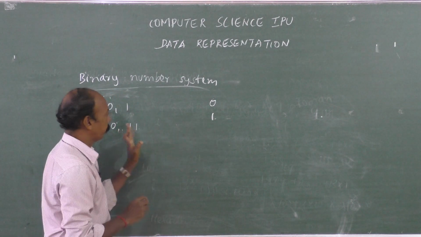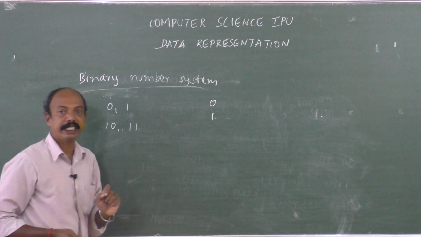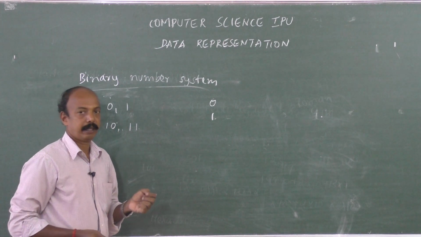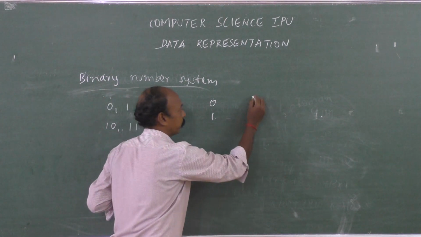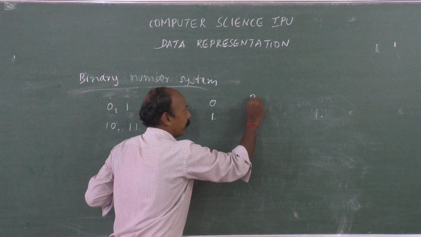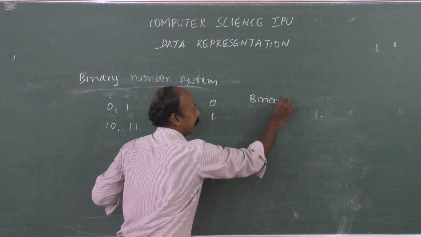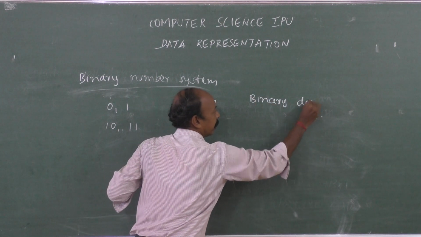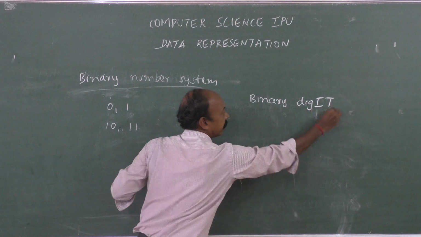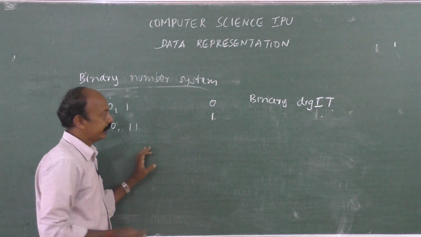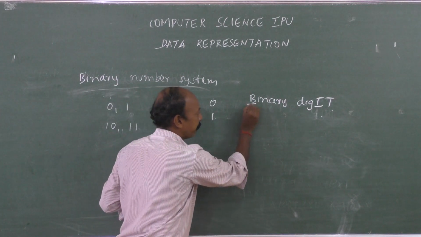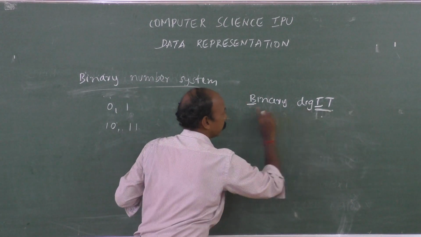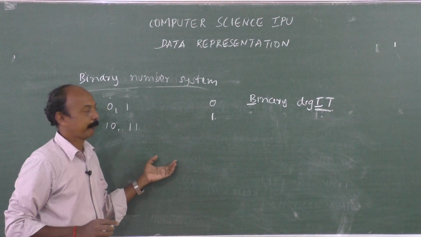So with respect to 2 bits, here we don't call it digit, we call it bit. Why do we call it bit? I will just go to that topic once. It is called binary digit. Binary digit, 0 and 1 is binary digit. So B from here, IT from here, so it becomes bit.